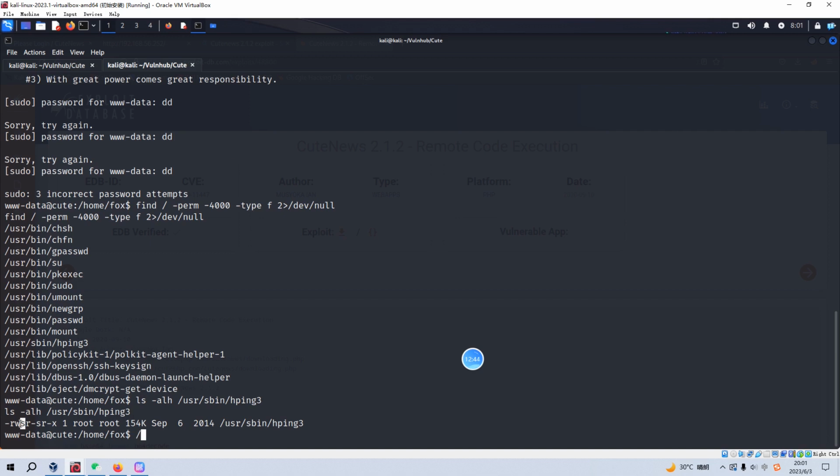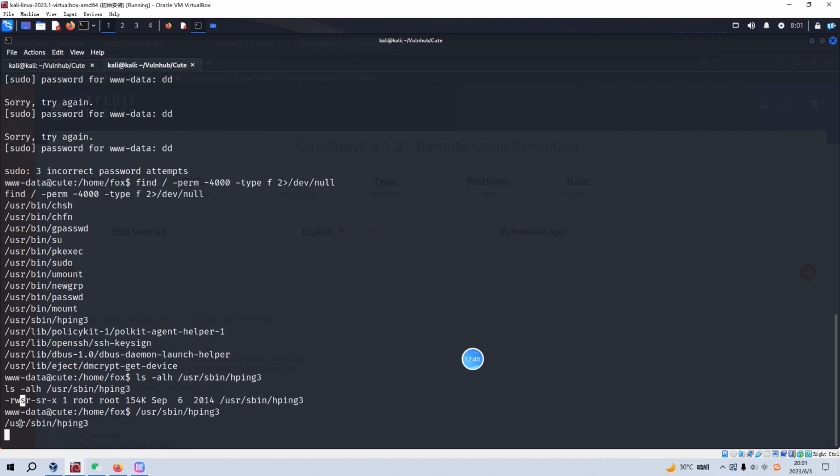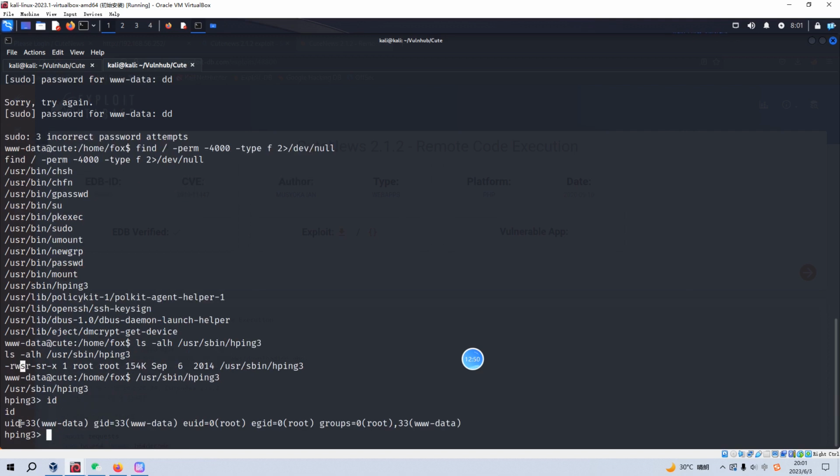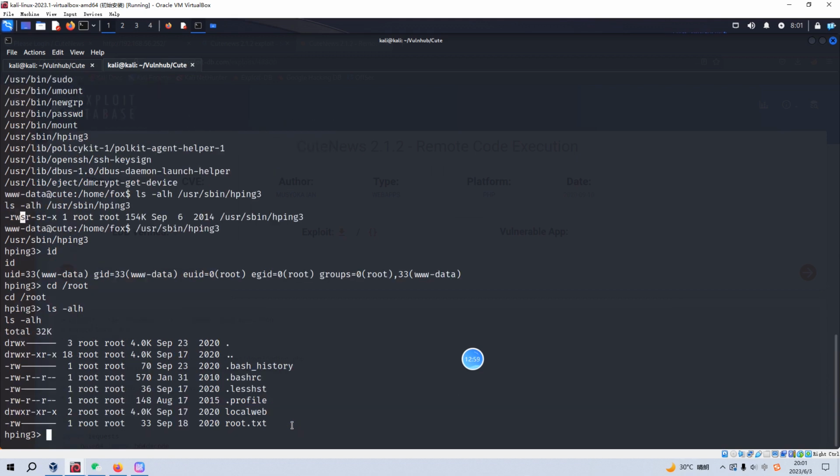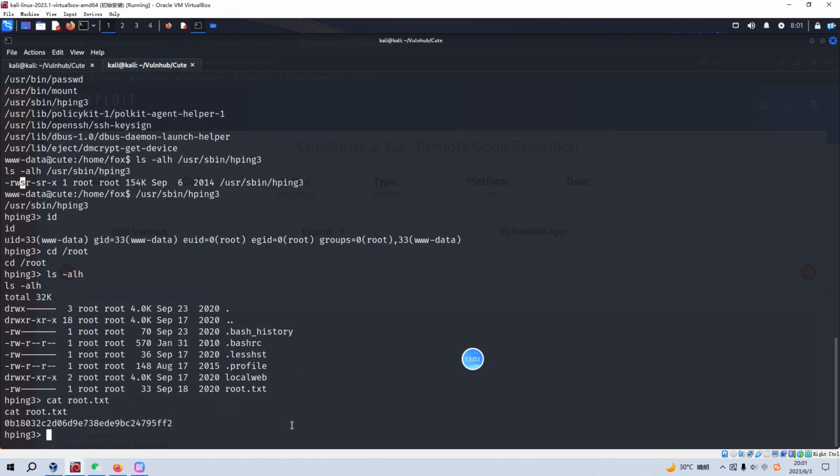This will be very simple, like sbin php3, and we can check the ID. Now we have already become the member of the root user, and go to the root directory, and we got the root flag here. Okay, so that's all I'd